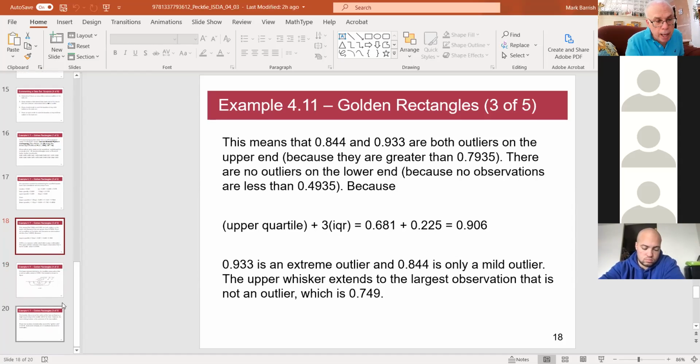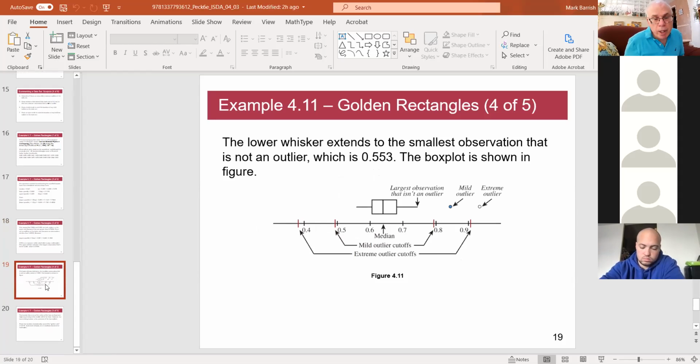And as far as plotting them is concerned, if a value in your data set is a mild outlier, that means it's not extreme, but it's an outlier, then we plot it with a dot that's filled in. If it's an extreme outlier, we plot it with a dot that's not filled in. Okay? And then the whisker stops at the number that is the next smallest number from the outliers that we plotted. So whatever the next smallest number is from this mild outlier here, that's the ending point of the whisker